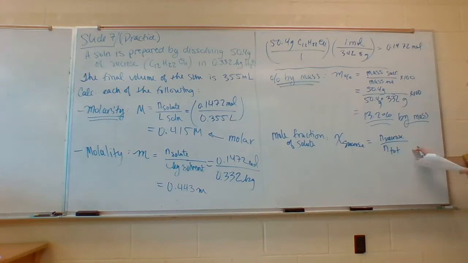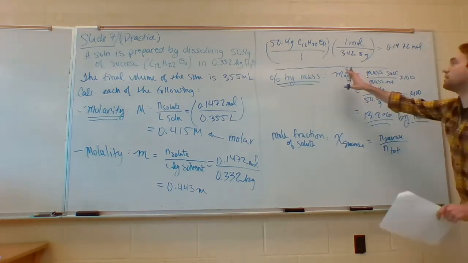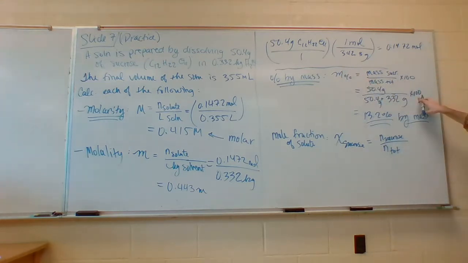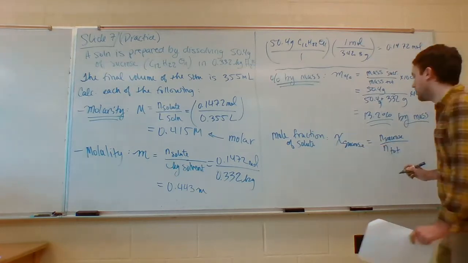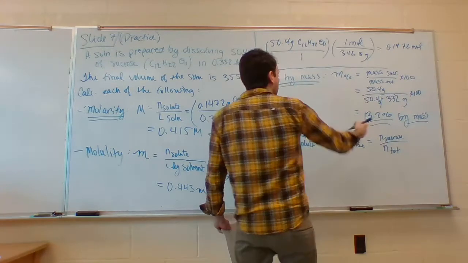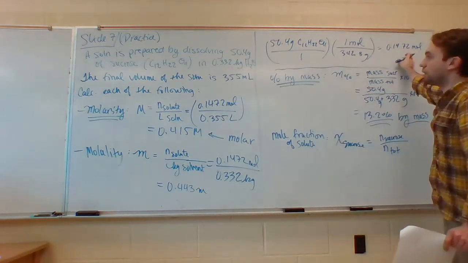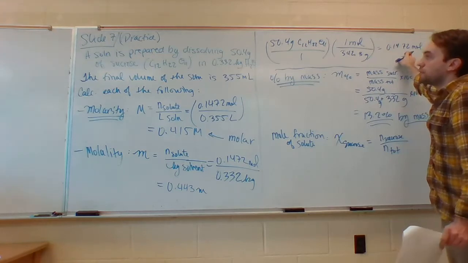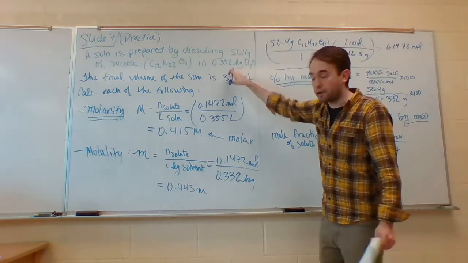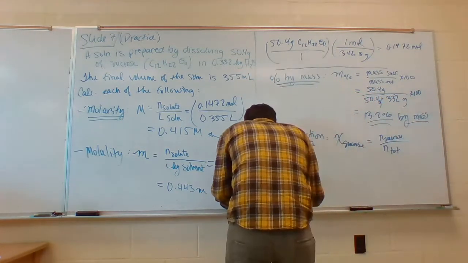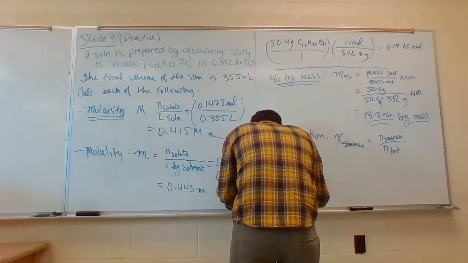Now this one is not multiplied by 100. If you have a percent, you're going to multiply by 100. If you just have the fraction, you don't multiply by 100. So we plug in our moles of sucrose over our moles total. Well, we have our moles of sucrose, but we also are going to need our moles of water. So to calculate our moles of water,